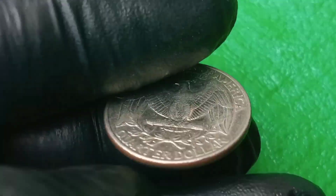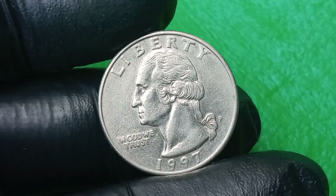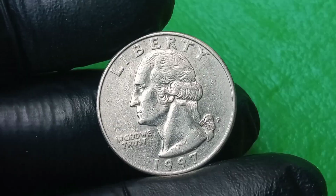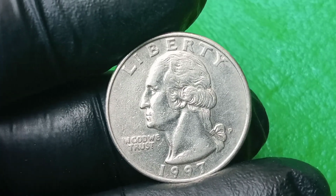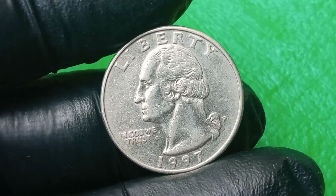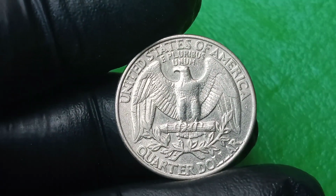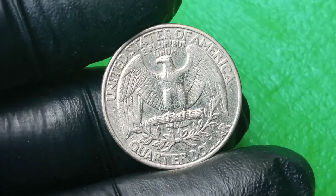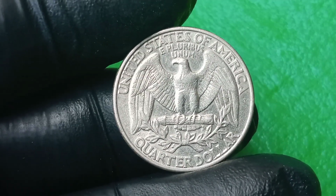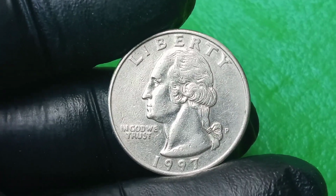But even aside from these major errors, the coin also has a laundry list of minor anomalies including die cracks, where microscopic fractures in the striking die leave raised lines across the coin's surface, planchet lamination errors, where the metal flaked or peeled during the annealing process, and even struck-through errors, where foreign material such as cloth, wire, or grease accidentally ended up between the die and the planchet during striking, leaving unusual impressions or gaps in the design, all of which combine to make this one coin a virtual encyclopedia of minting mishaps,